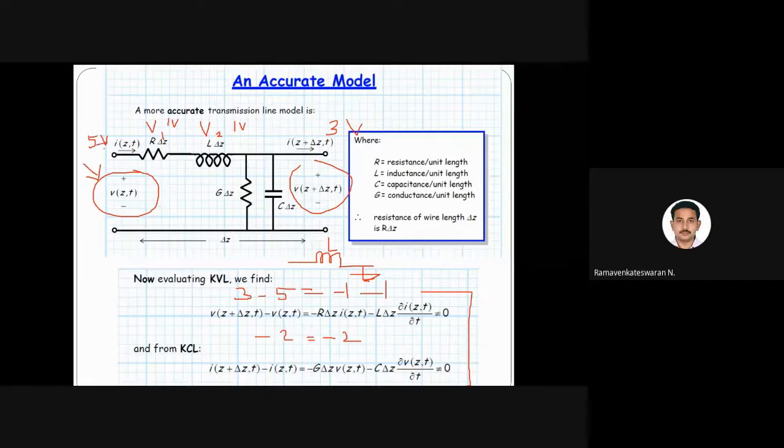Suppose I have 5 volts, how much voltage will it be? What is the relation between input and output voltage, input and output current? Those relations will effectively model the distributed components as a lumped model. That is the telegraph equations. Okay, so with that probably I will stop the session. If any questions, start analyzing these two equations. I will repeat it one or two times to make things clear.